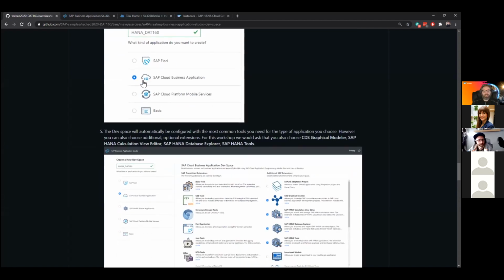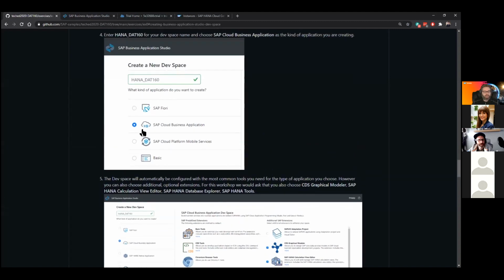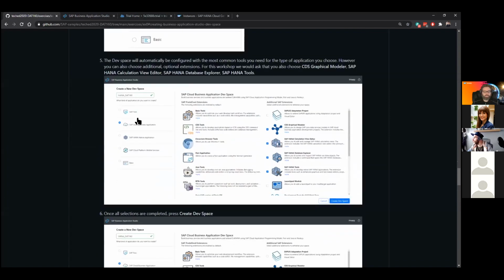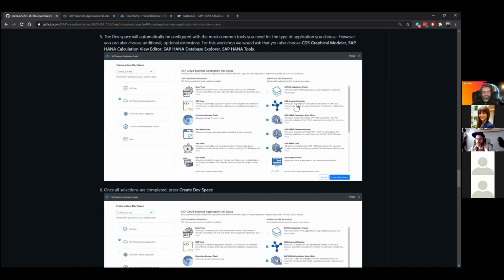But this part is important. You want to choose your dev space type, and you have multiple choices of Fiori, Mobile, HANA, Cloud Business Application, Basic. And for this workshop, you're going to want to choose SAP Cloud Business Application. Okay, and that's going to bring in the required tools, which include the CDS tools. And then you're going to see additional SAP extensions. And this is where you're going to want to go ahead and check and add the HANA tools into the